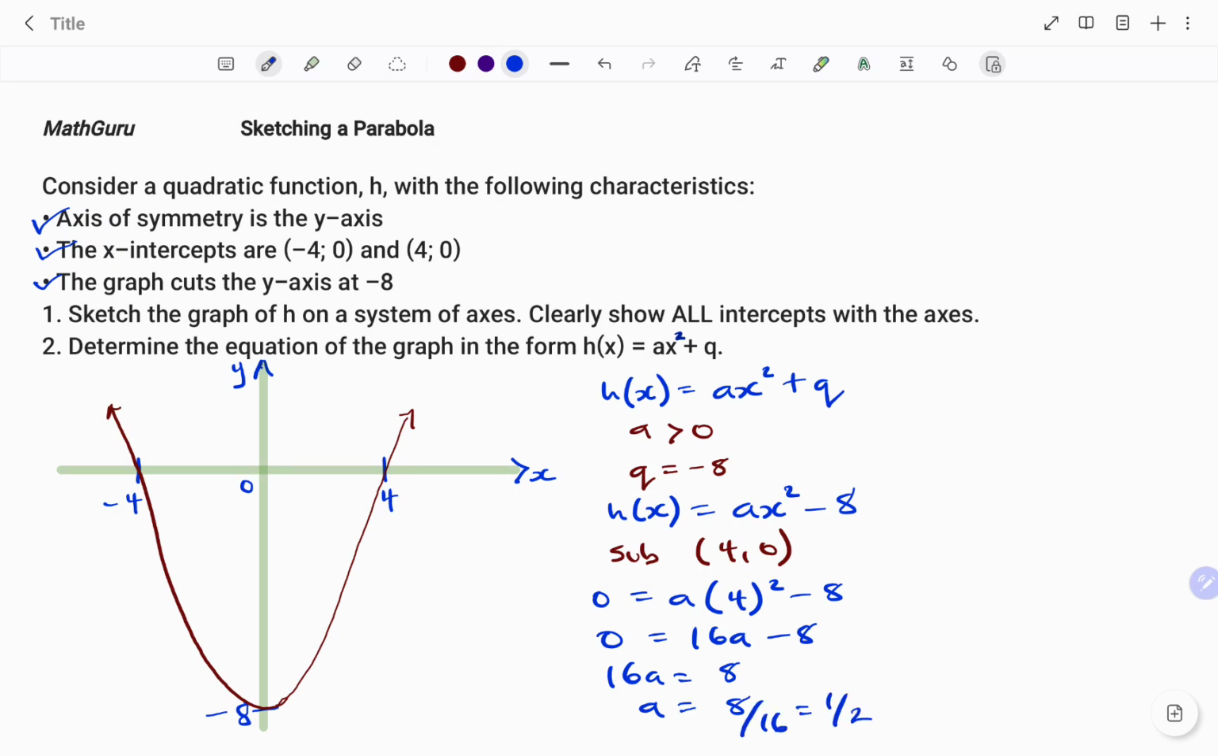So putting this back into the equation, I'm going to have, therefore, the equation of the graph h(x) equals a half